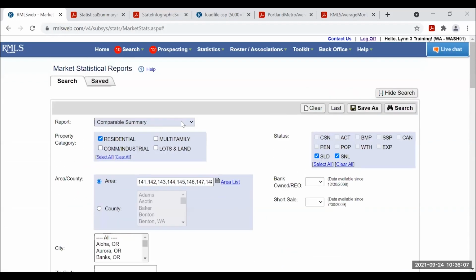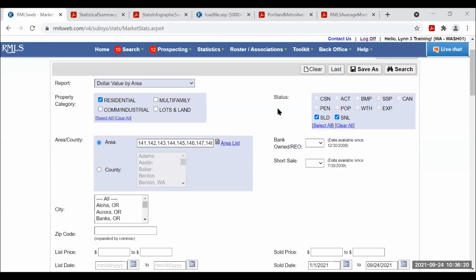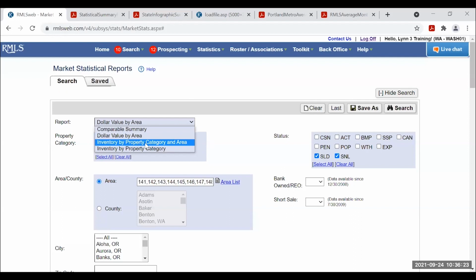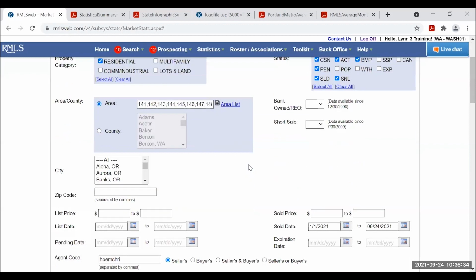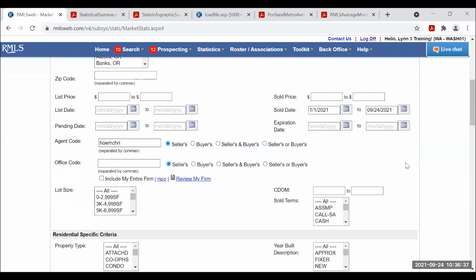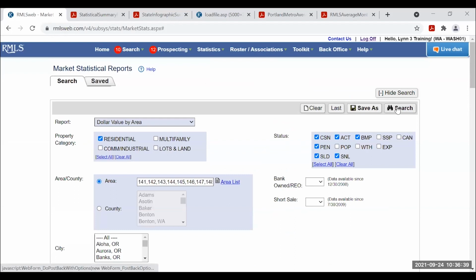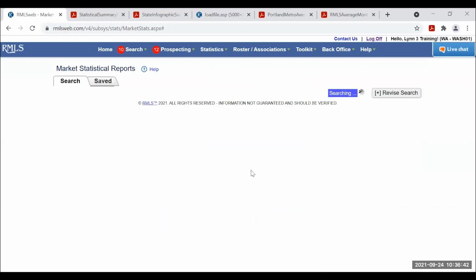All right, so let's look at these other reports quickly because they're not as exciting. So dollar value by area. Let me check other boxes, but it's being cranky. There we go. I'm going to leave the sold and sold not listed checked. I'm going to check these others. I'm leaving the area numbers the same, and I'm doing year to date on solds still. If you don't put a date range in for solds, you're going to get thousands and thousands and thousands.